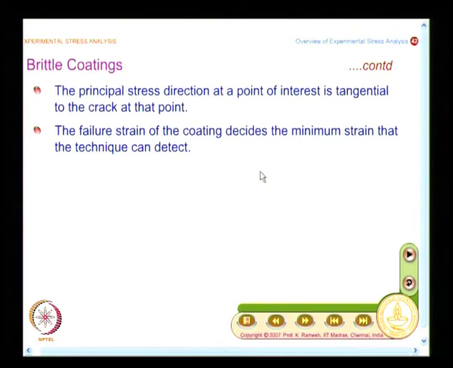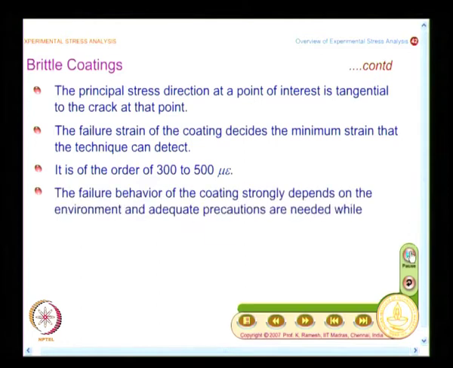That is why he said experiment gives you information closer to truth. In some cases you will also have to swallow a few minor issues which we are not in a position to solve. And what is the level of strain that this can give? It is of the order of 300 to 500 micro strain, and as technology advances we are able to get coatings with lower and lower strain, but it is around this region.